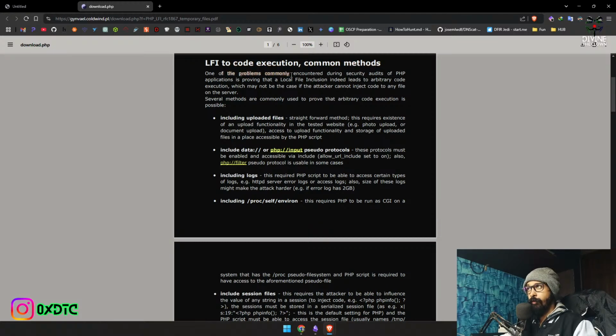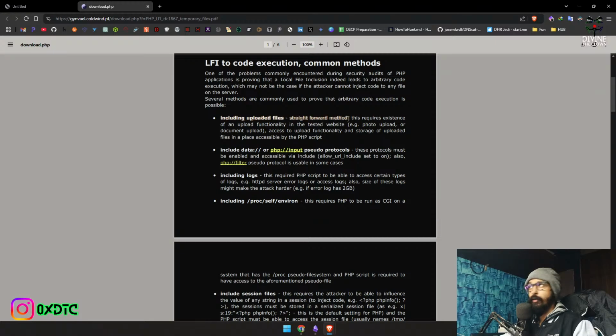One of the problems commonly encountered during security audit of PHP application is proving that a local file inclusion indeed leads to arbitrary code execution, which may not be the case if the attacker cannot inject code to any file on the server,